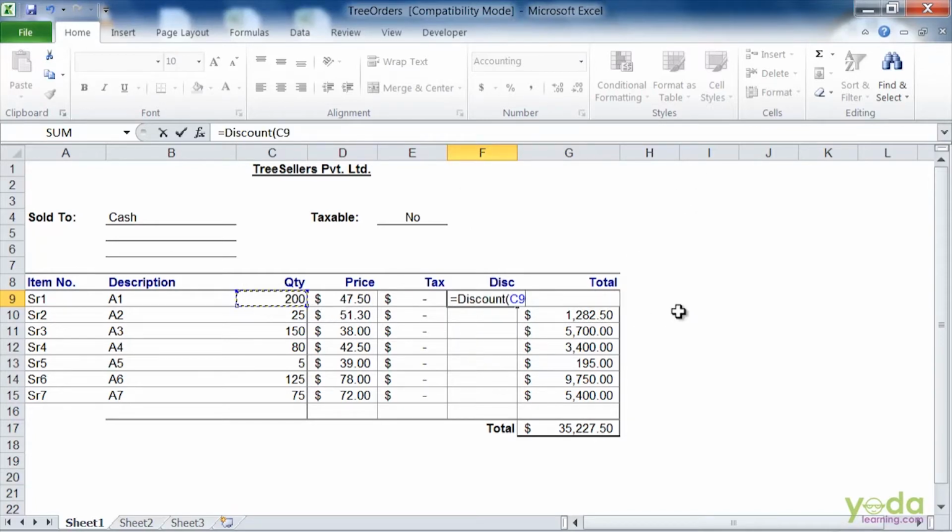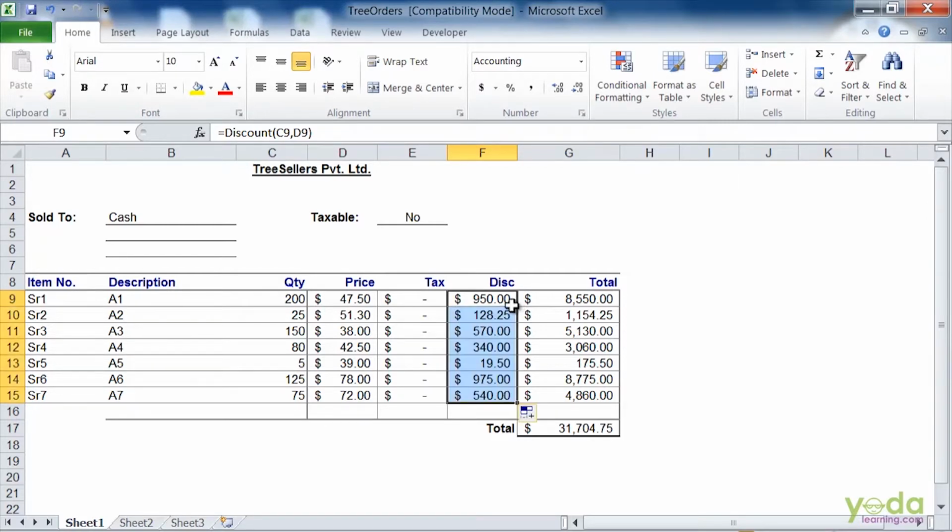I'll select this and say enter. So this has calculated 10% of the product of the quantity and the price. When I expand this, it will calculate the 10% for all the values.